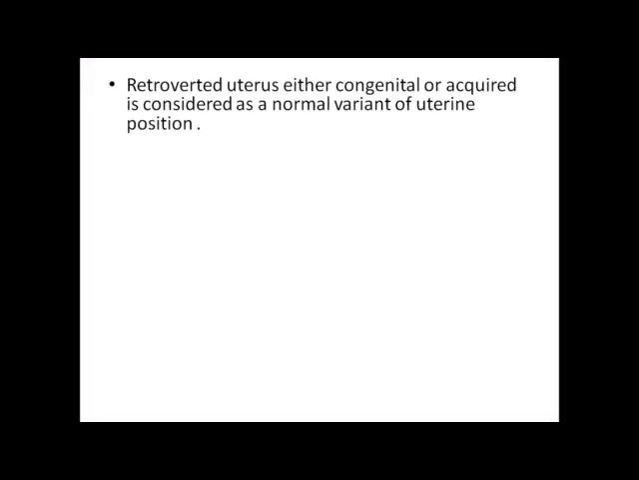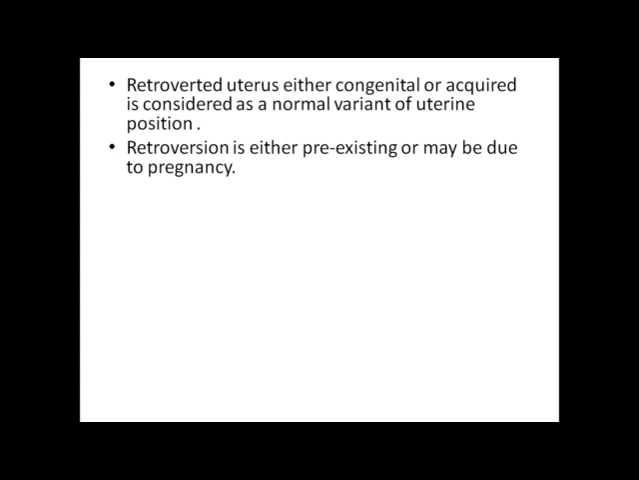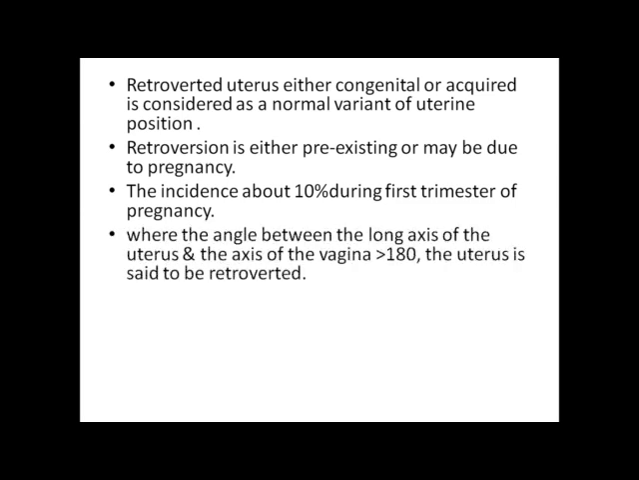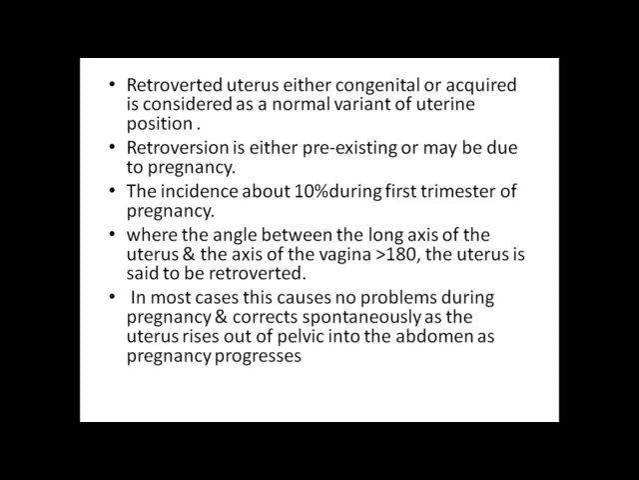A retroverted uterus, either congenital or acquired, is considered a normal variant of uterine position. Retroversion may be pre-existing or may be due to pregnancy. The incidence is about 10% during the first trimester of pregnancy, where the angle between the long axis of the uterus and the axis of the vagina is more than 180 degrees. The uterus is said to be retroverted. In most cases, this causes no problem during pregnancy and corrects spontaneously as the uterus rises out of the pelvis into the